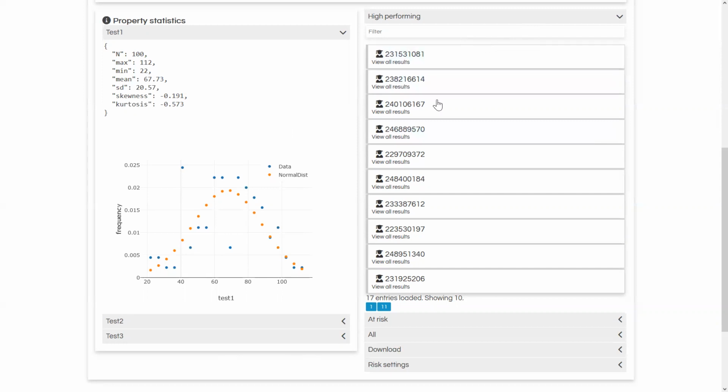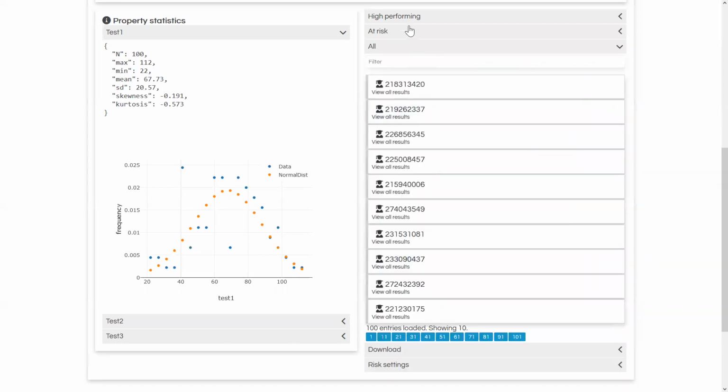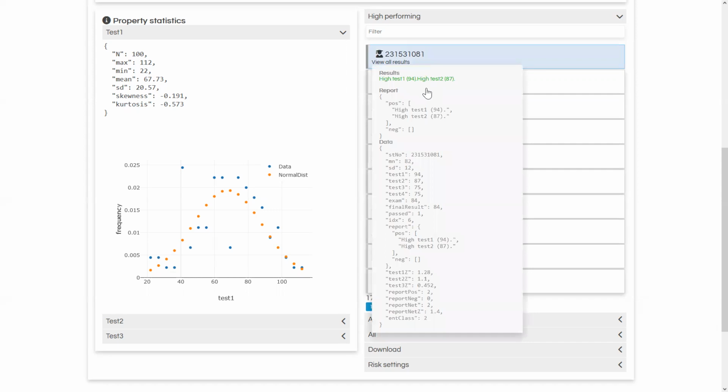And what we have here are the actual results. So we can see high performing, at risk, and all. High performing are those entities, right? This is a microservice. You could apply this to any data set. In this case, we are looking at students, but you could apply it to some chemical process, for instance, and look at what are the high performing aspects and the low performing aspects. So if you click on view all results here for the student,